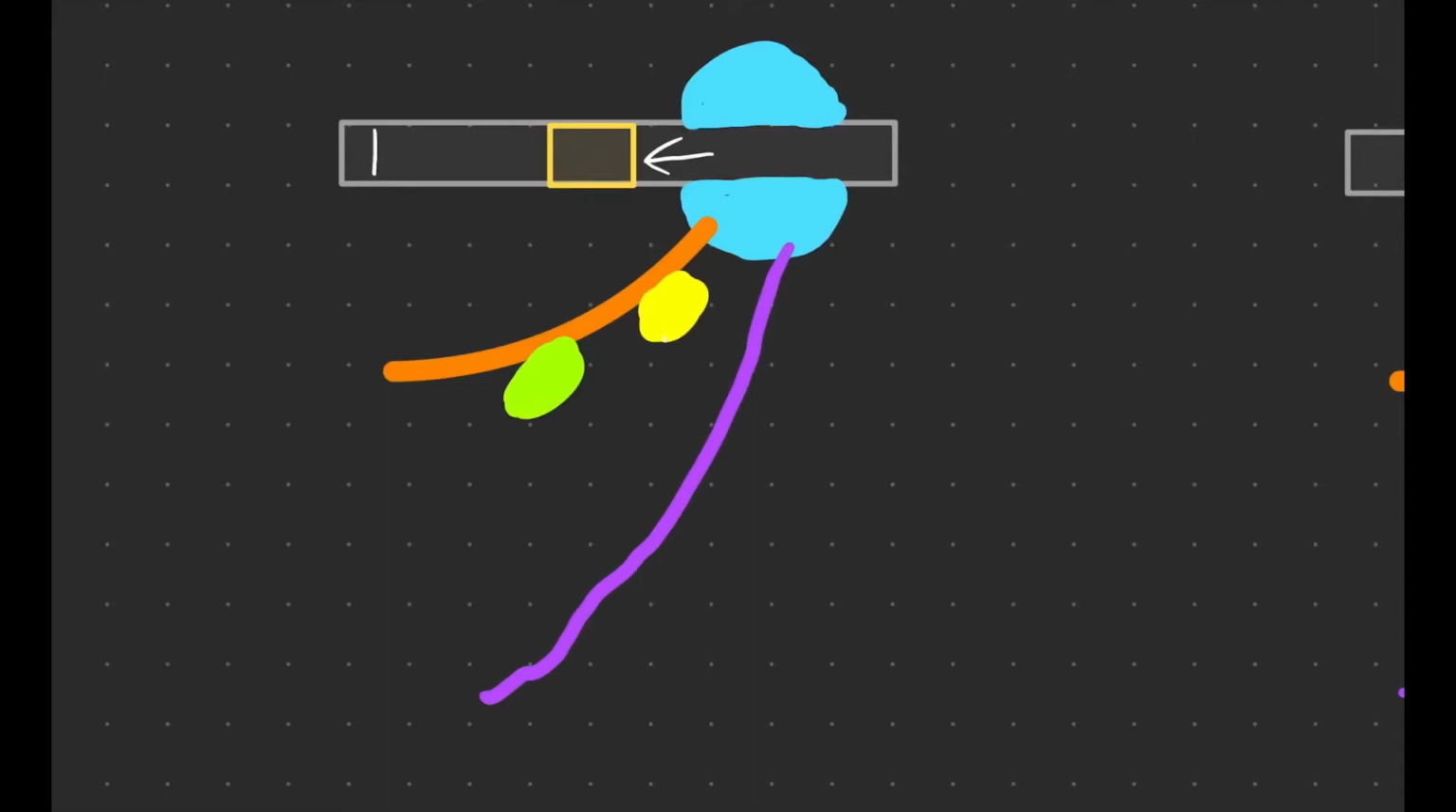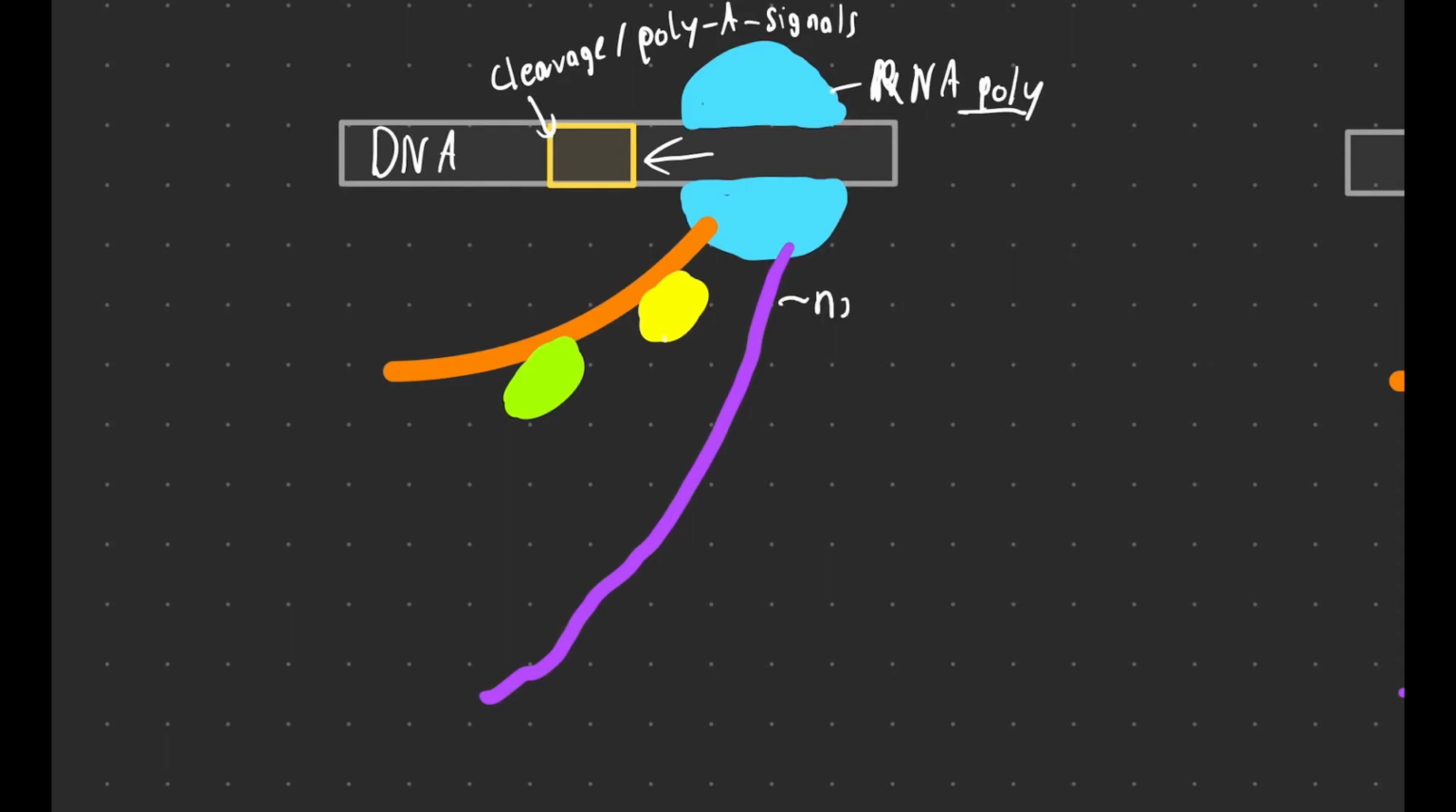So in this diagram we can see we have our DNA, and in this little yellow box we have what's known as the cleavage and polyA signals, which are encoded in the DNA. And what this will do is when this little section is transcribed, it will signal the release of what's known as CSTF, or cleavage stimulating factor, and CPSF, cleavage and polyadenylation specificity factor, from the RNA polymerase tail onto the